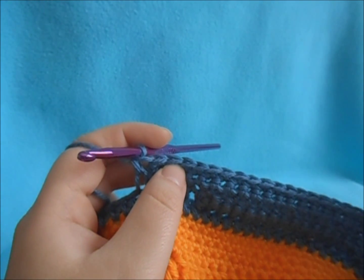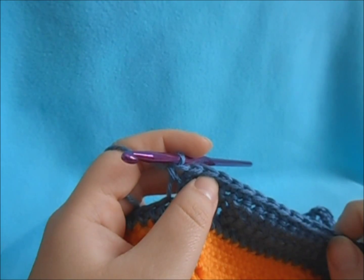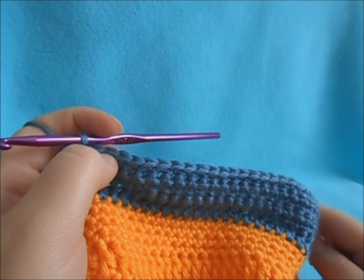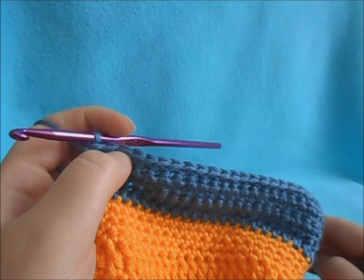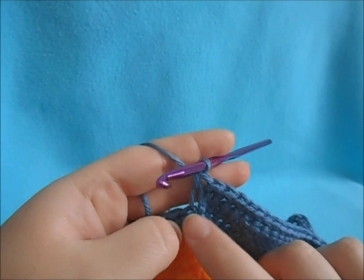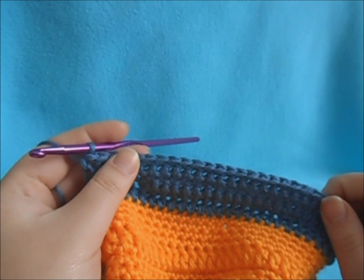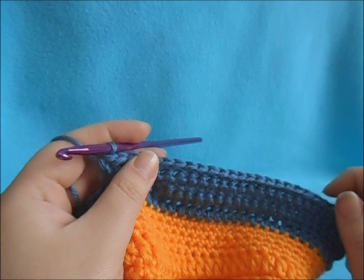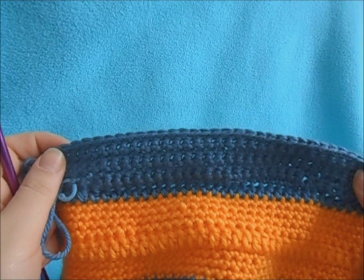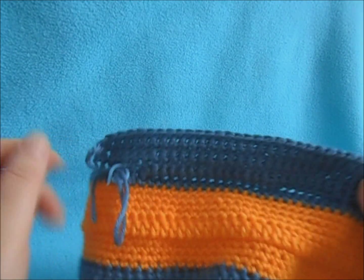So now for rows 6 and 7, we're going to repeat the same process. We're going to chain 1, turn, work single crochet across, pick up 1 stitch from our base hat through the back loop, chain 1, work all our way back, and pick up 1 stitch through the front loop till we have 34 stitches in total. So once you've completed and made it to 34 stitches in your brim, then you're just going to finish off